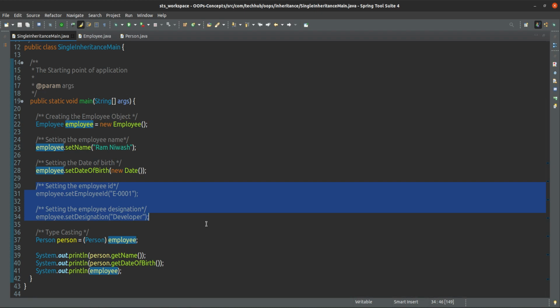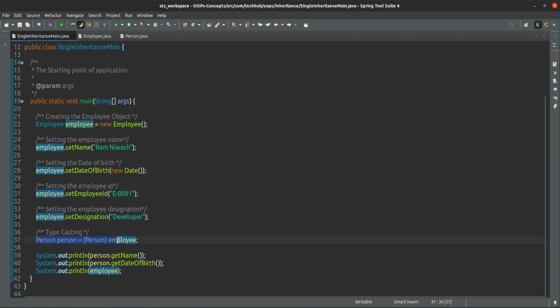These two fields, designation and employee ID, are coming from the employee class. If you see line number 37, we are doing typecasting here. How is it possible? Because employee is a person; an is-a relationship is there. That's why we are able to typecast here.